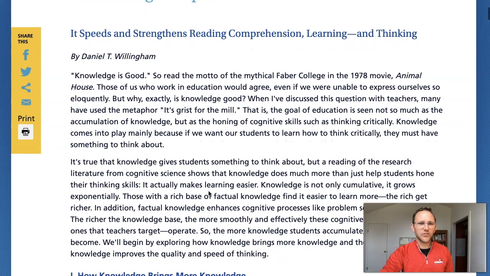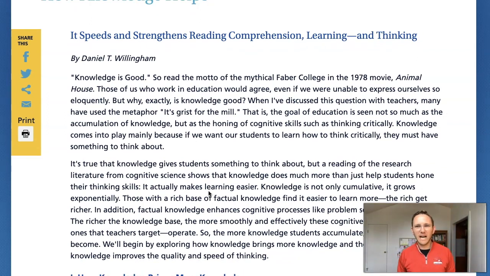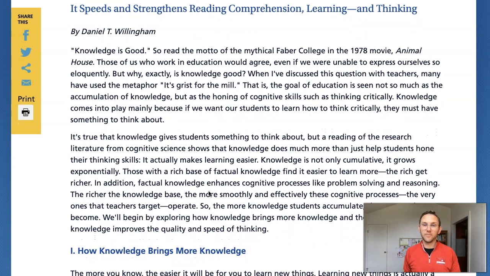Knowledge is good. So read the motto of the mythical Faber College in the 1978 movie Animal House. Those of us who work in education would agree, even if we were unable to express ourselves so eloquently. But why exactly is knowledge good? When I've discussed this question with teachers, many have used the metaphor, it's grist for the mill. That is, the goal of education is seen not so much as the accumulation of knowledge, but as the honing of cognitive skills such as thinking critically. Knowledge comes into play mainly because if we want our students to learn how to think critically, they must have something to think about. It's true that knowledge gives students something to think about, but a reading of the research